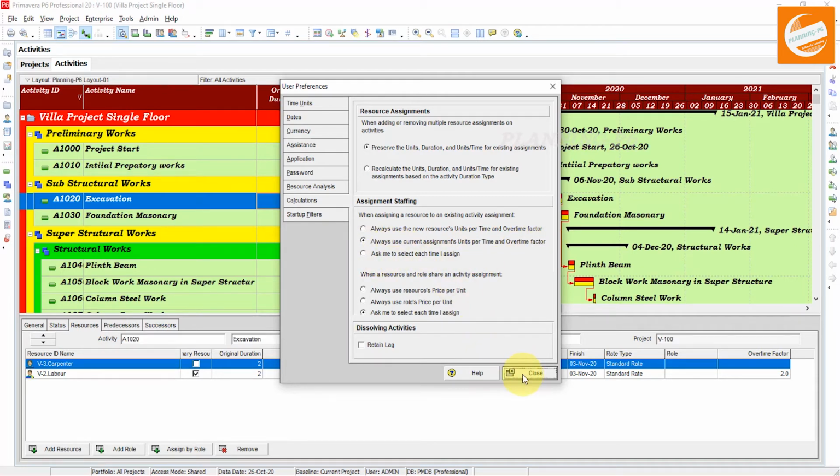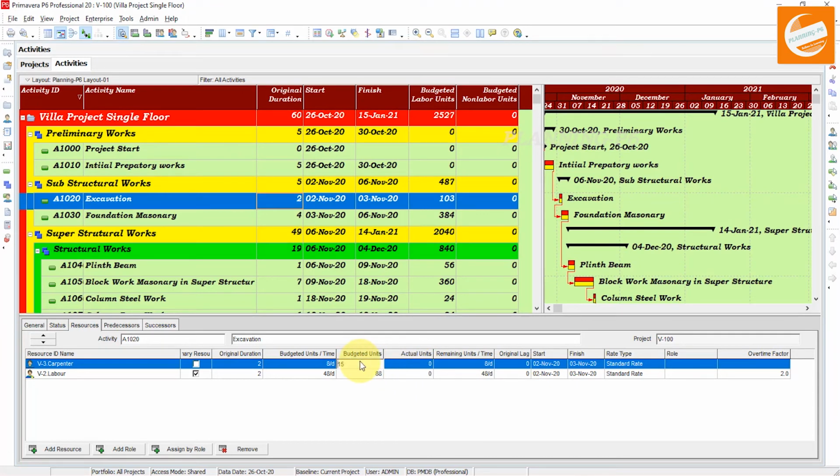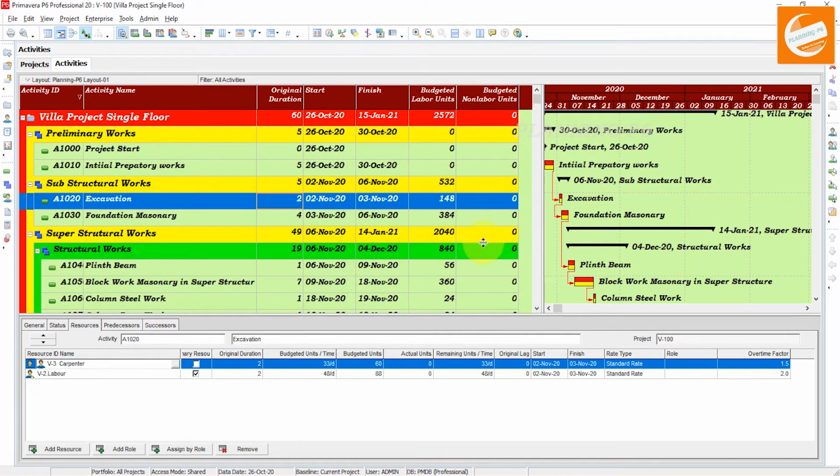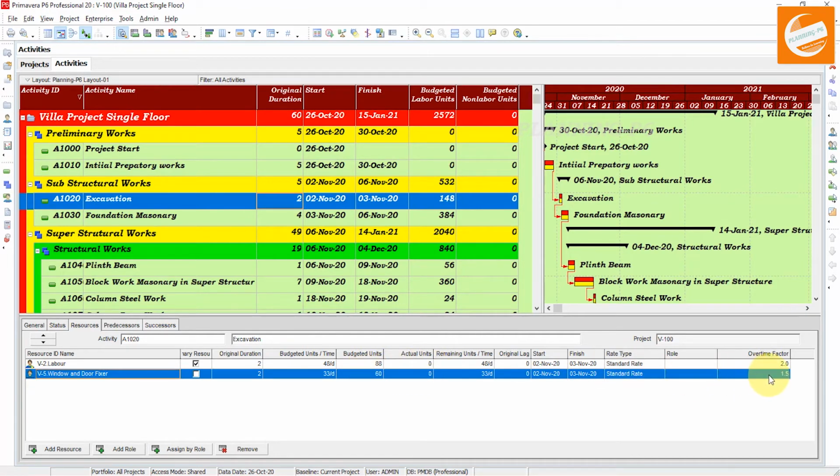Close this one, and change this value to, say, 60 and overtime factor 1.5. This value will now remain the same if I change the resource. You can see our overtime factor and value still remain the same.